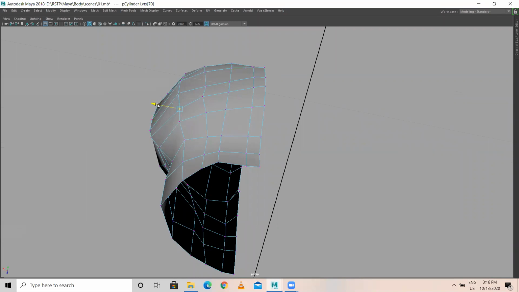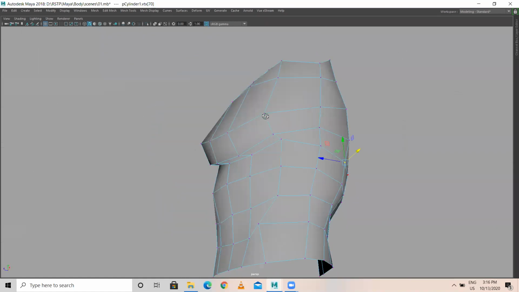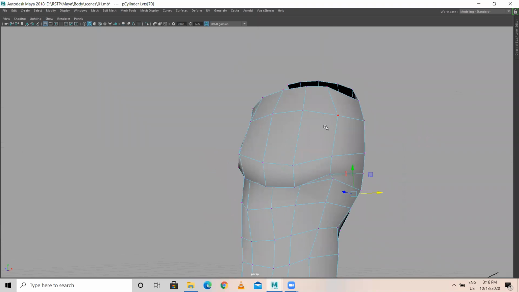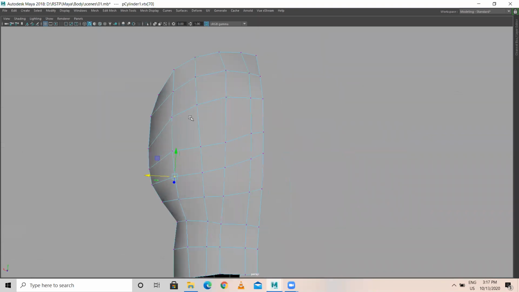This should be here like this. This should be like this.